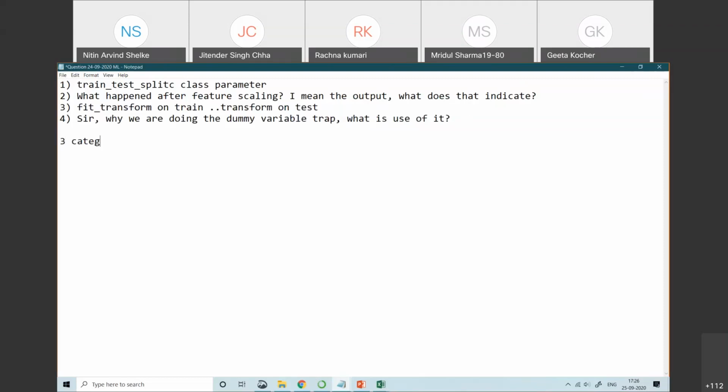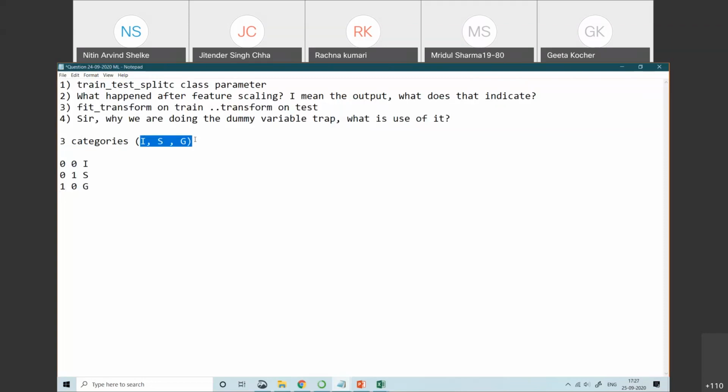Right, from the remaining fields we get the information. Let's suppose I am having three categories: India, Spain, and Germany. To represent these three categories, I can just use two columns. Let's suppose 0, 0 is for India, 0, 1 is for Spain, and 1, 0 is for Germany. So two columns are sufficient to represent these three categories.